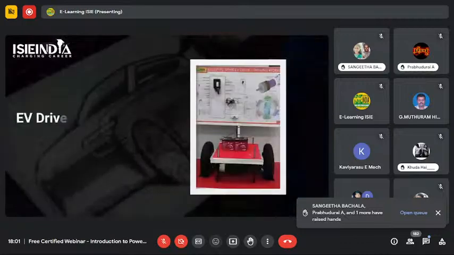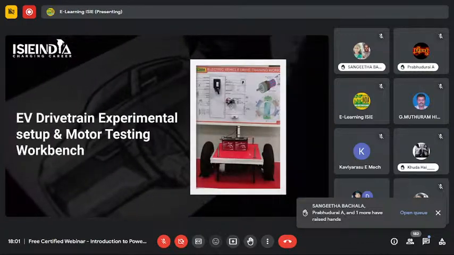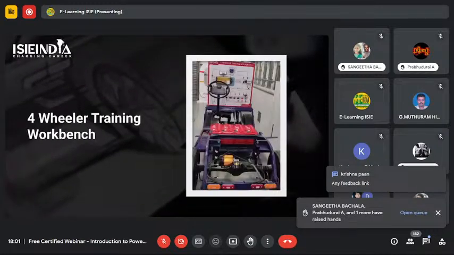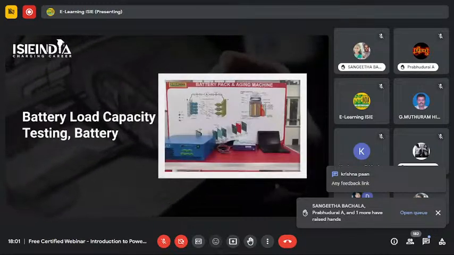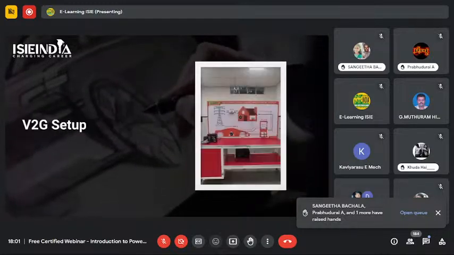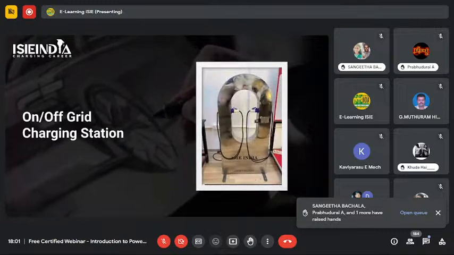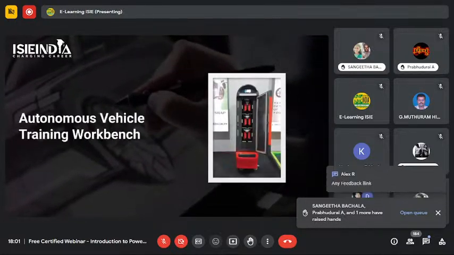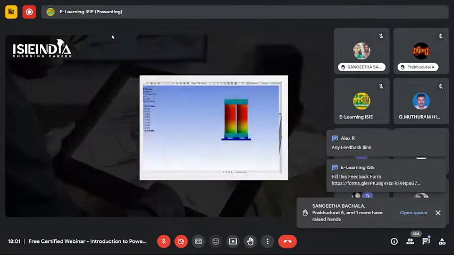A few of them include EV drivetrain experimental setup and motor testing workbench, hybrid drivetrain experimental setup with data logger, EV machine cutout section workbench, two-wheeler, three-wheeler, four-wheeler training workbench, battery load capacity testing, battery BMS with CAN protocol workbench, V2G setup, on or off-grid charging station, battery swapping, autonomous vehicle training workbench, solar power generator and software solutions,